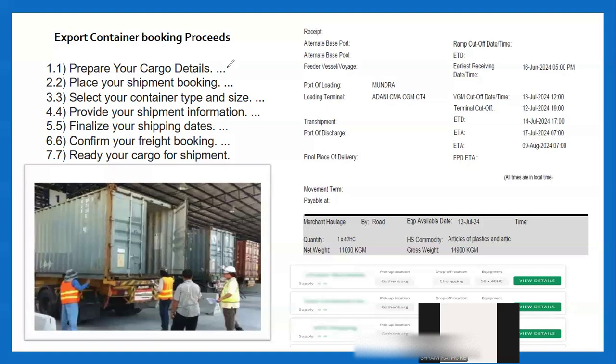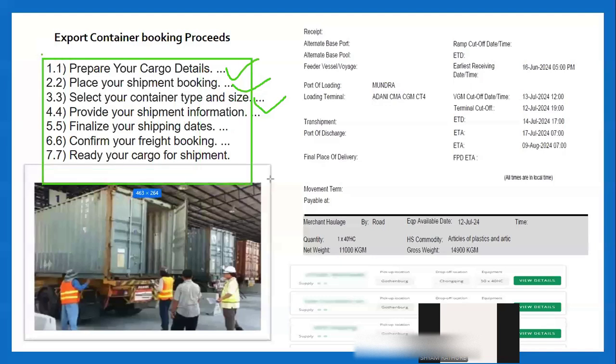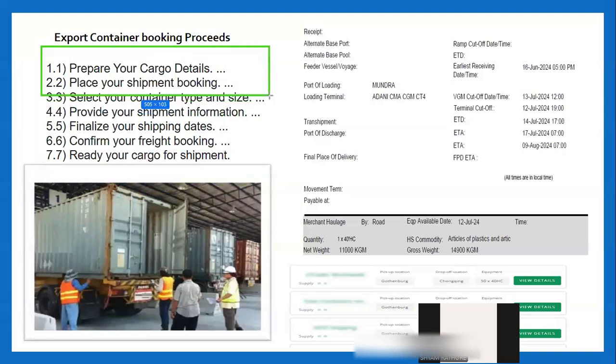First, we need to prepare cargo details. Then place your shipment booking, second option, and select the instruction while booking of the containers. We need to fill this detail at the time of booking of the containers. When we book the containers from the shipping line, this detail needs to be filled. So when we book this container, first we need to prepare the cargo details, then place the booking shipments